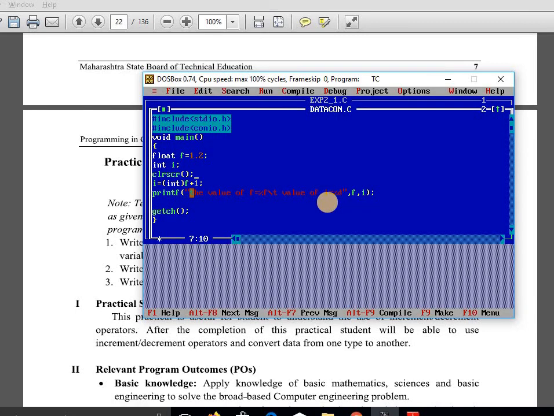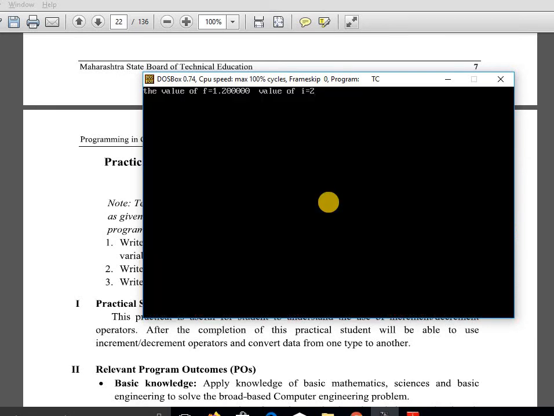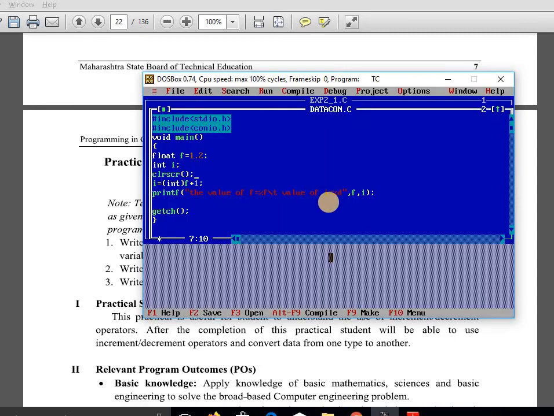Actually the value of i would be 1.2 plus 1, that is 2.2, but it is converted into the integer, so that 0.2 is lost and the answer is 2. So this is nothing but the implicit and explicit data type conversion.